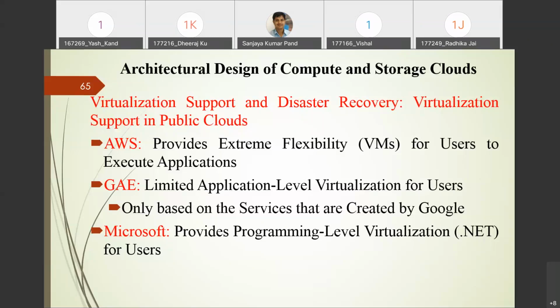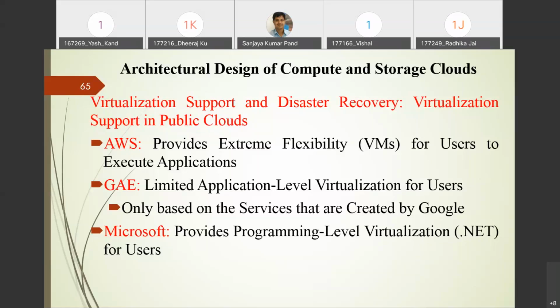This virtualization technology also helps with disaster recovery, in case of any failure. So you can retrieve things. For example, if a virtual machine is crashed, the same thing can be retrieved by applying the recovery policy.